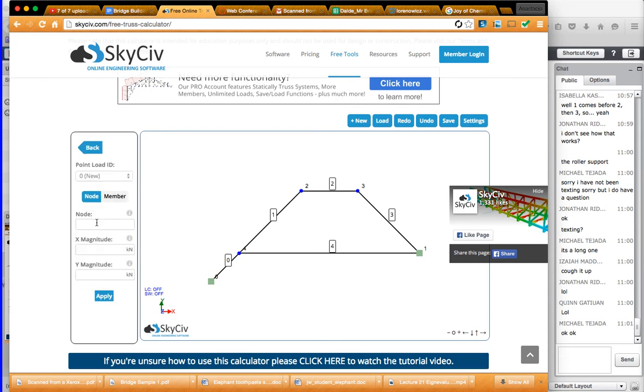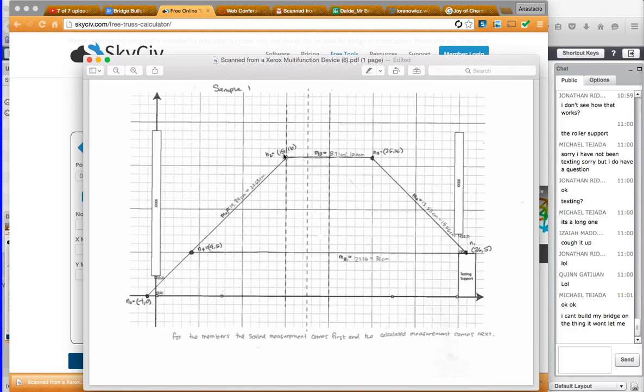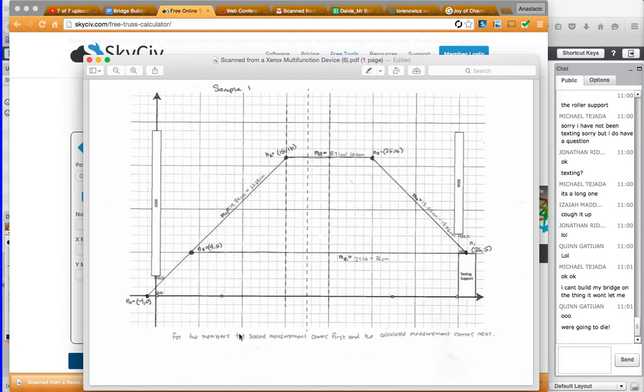In the actual competition, we're going to have our bridge like this, and then we're going to put a block on top of here and hang a chain from it. Underneath this bridge, there's going to be a bucket of sand. I thought it was going to be water. No, it's going to be sand. And we're going to pour more and more